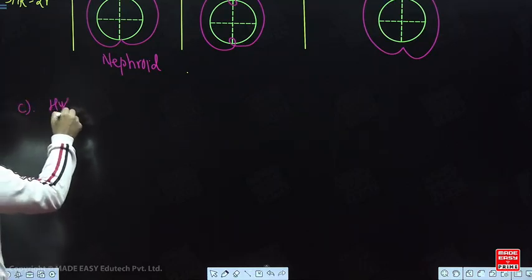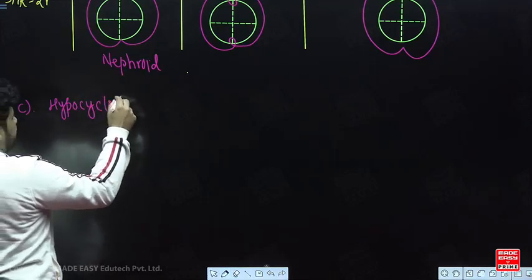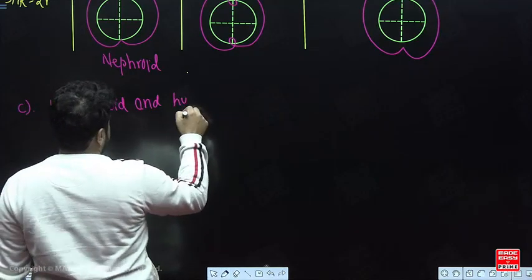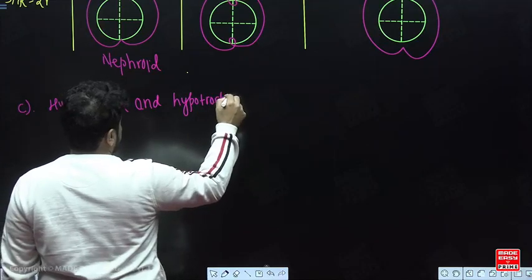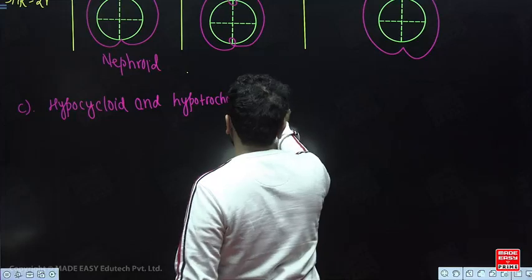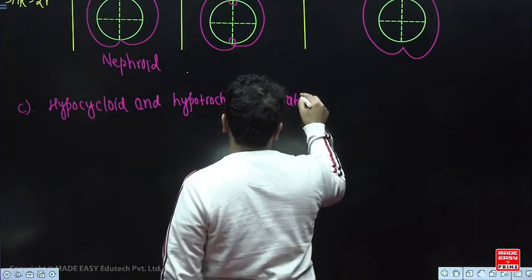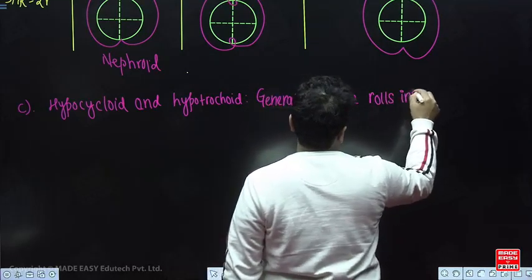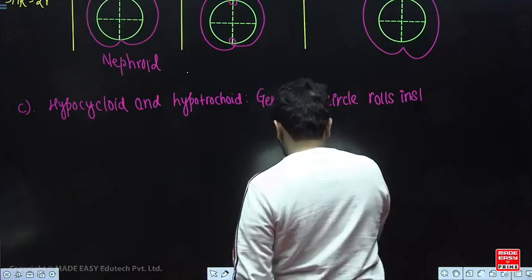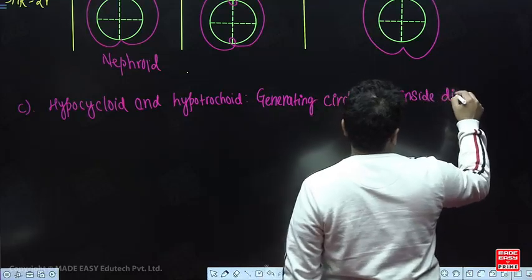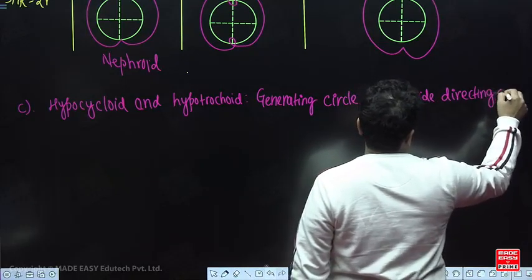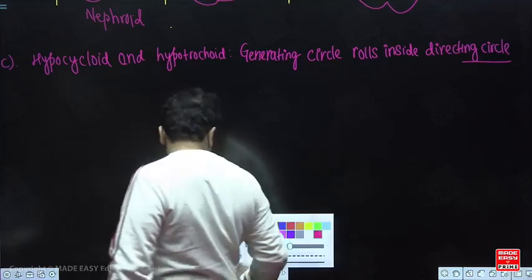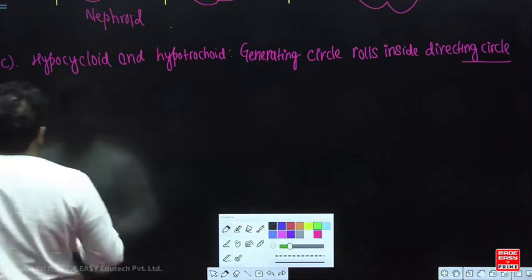It is your hypocycloid and hypotrochoid। इसका मतलब क्या है? इसका मतलब ये है generating circle rolls inside directing circle। जैसे कि एग्जाम्पल के तौर पे